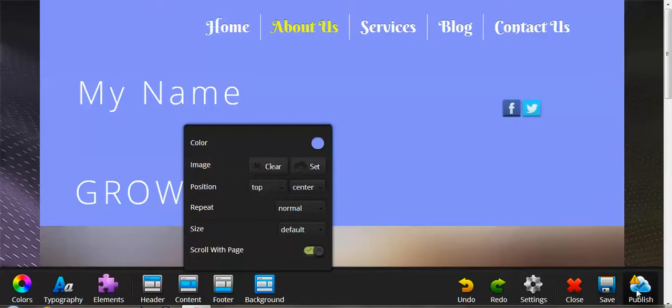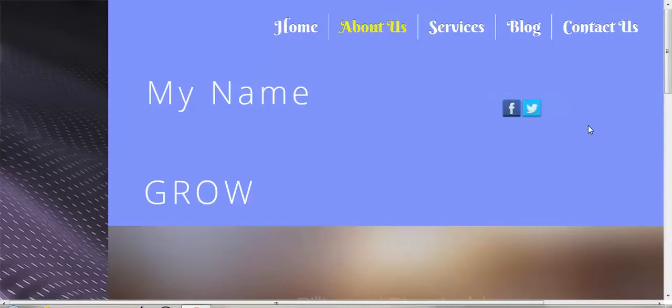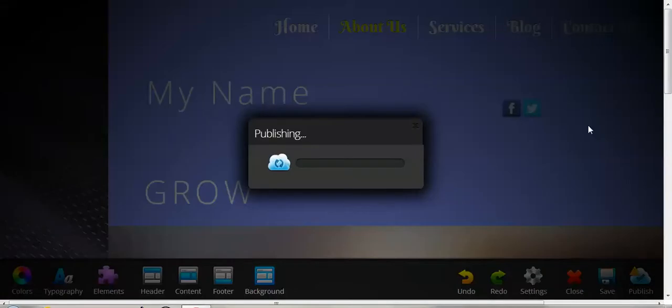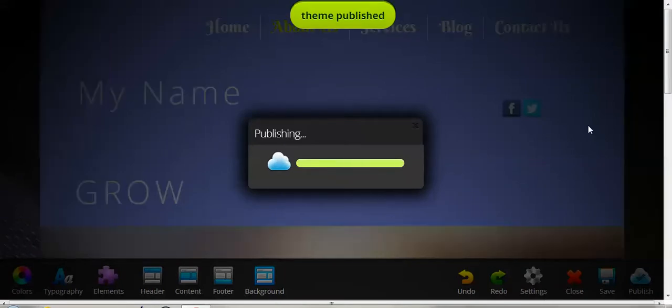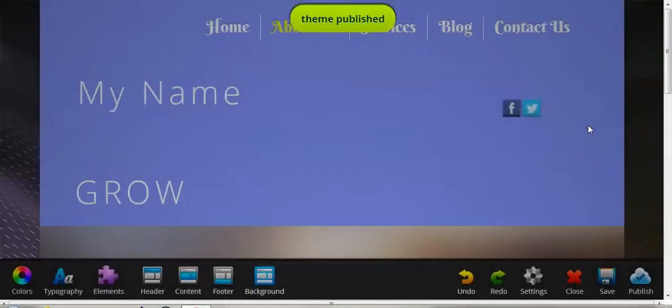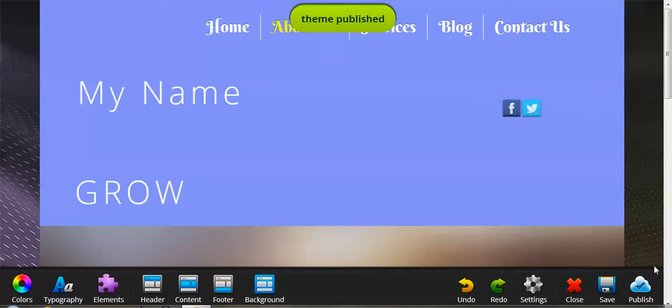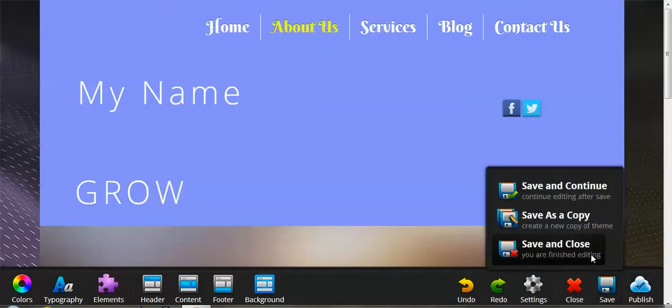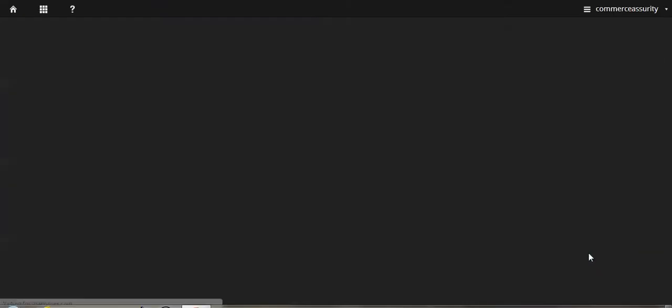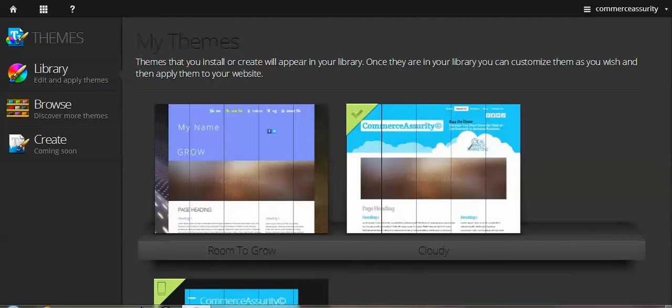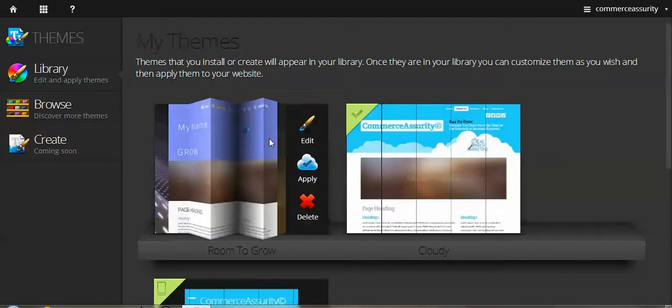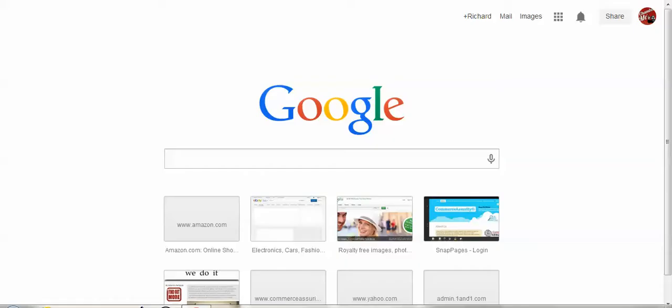So we're going to go ahead and publish this, and then what I'm going to do is temporarily apply it to the commerceassurity.com website and show you what happens. So I'm going to go ahead now and save and close. I published it, save it and close it. And if you notice, I'm back to my theme management system. I'm going to go ahead and actually, before I do that, let me go to